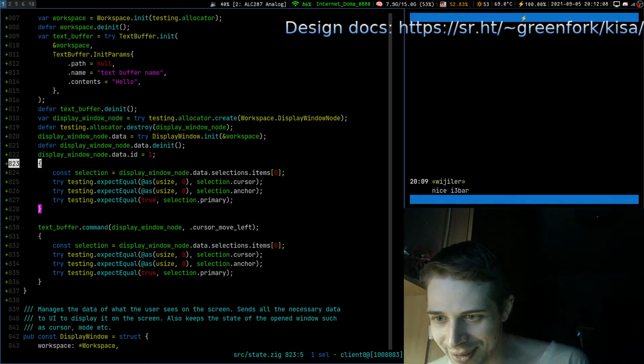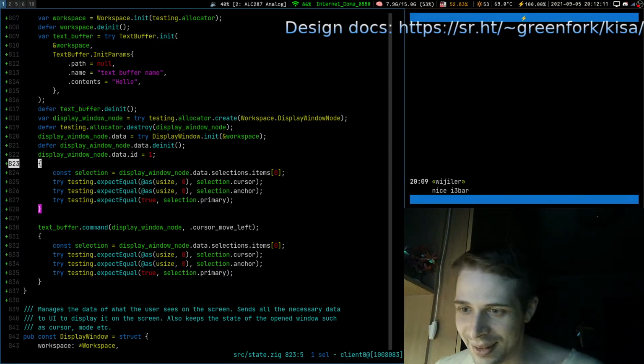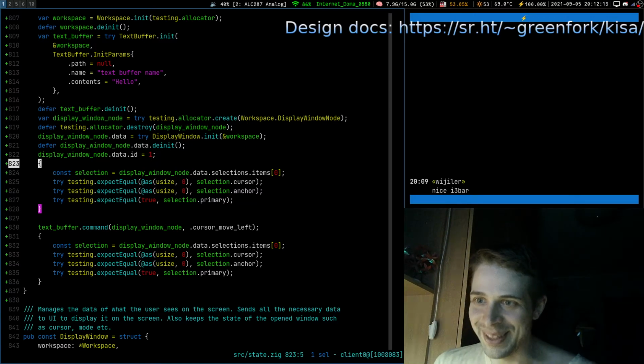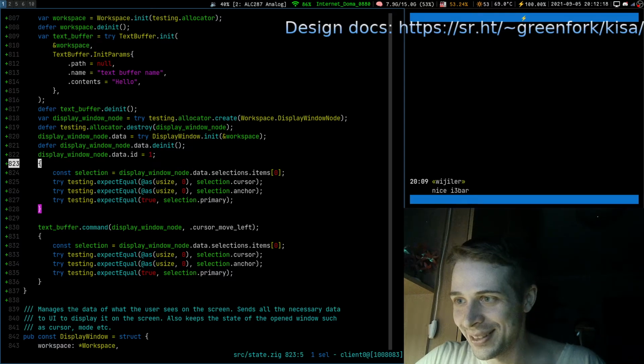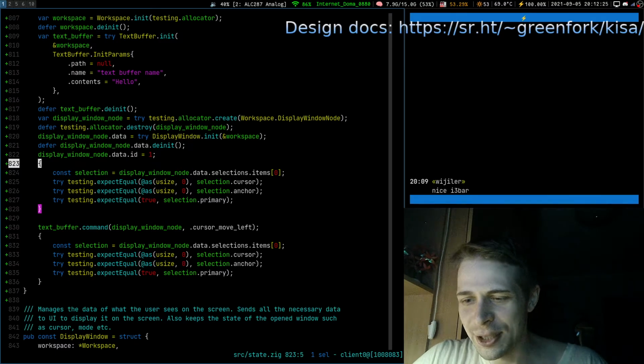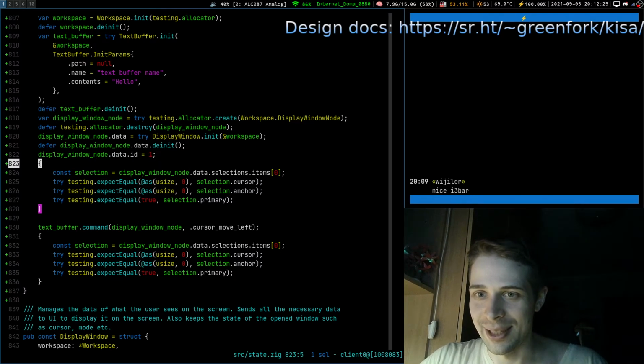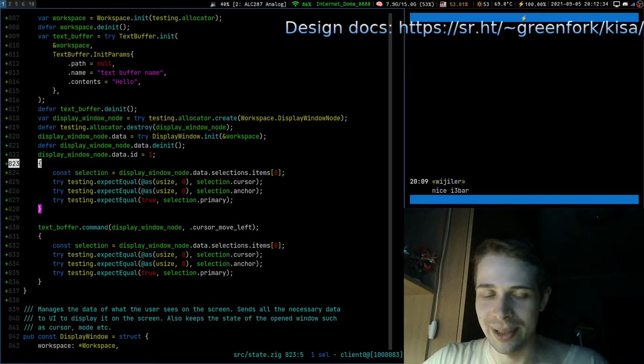So Vigila says nice i3 bar. Yeah, thank you. I even did some work on it. Some icons, I believe, I chose my icons diligently. Now they're pretty on the eye. I also had a plan to write my own implementation in Zig, but so far it's only a plan. As it is always in our software development.